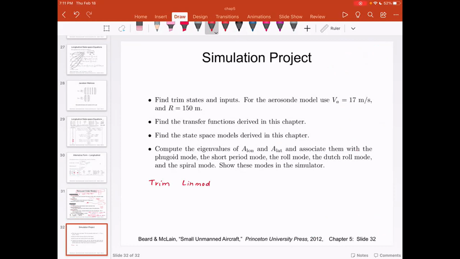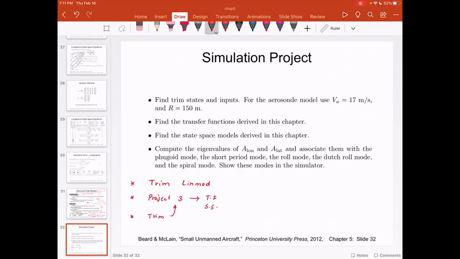And then what we will do is we'll use our project 3 simulation, to be expressed in either transfer function format or the state space format. And then we will use the trim command